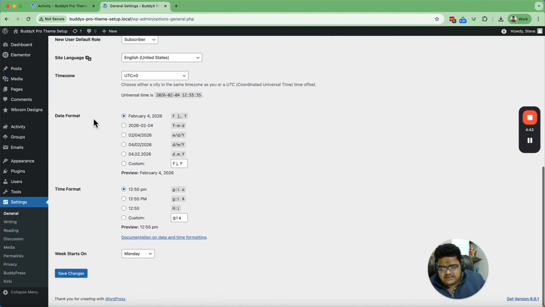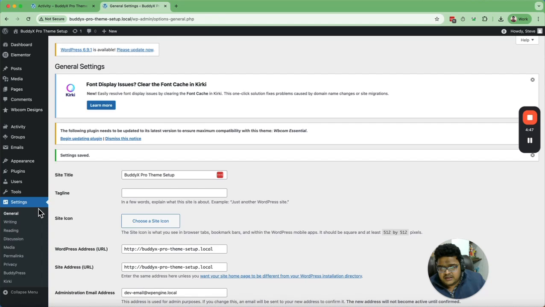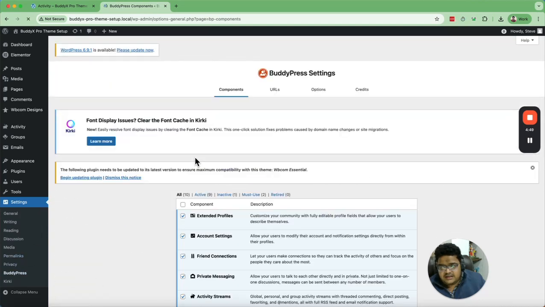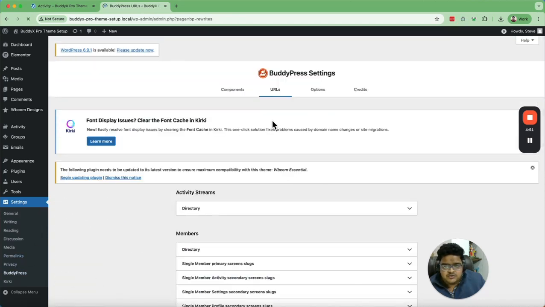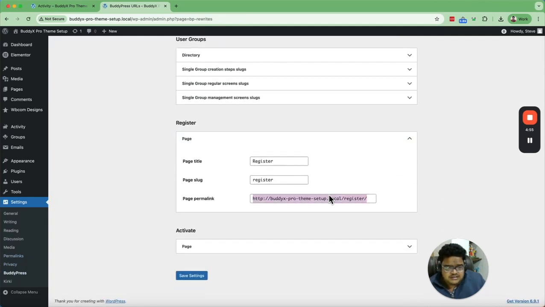Once you enable this option under the settings, then only you will find these two URLs under BuddyPress. They will automatically generate. One is the registration page and another one is the